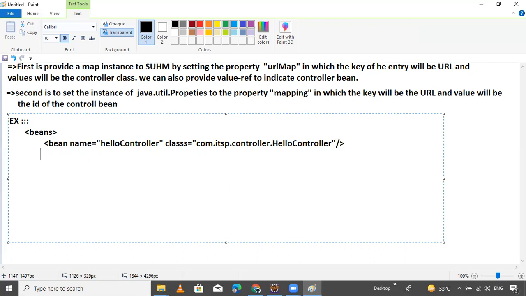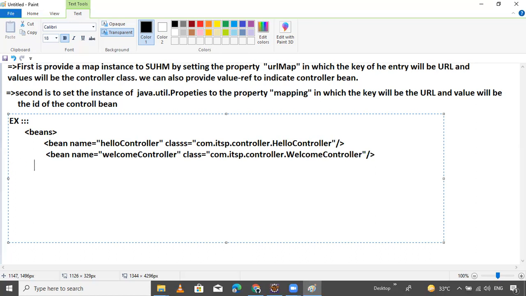The second controller: bean name equals welcome controller, and class equals com.itsp.controller.WelcomeController. That's it. Now your controller configuration is sufficient.